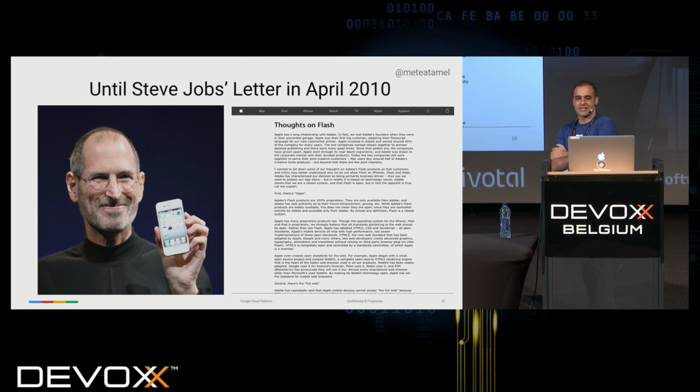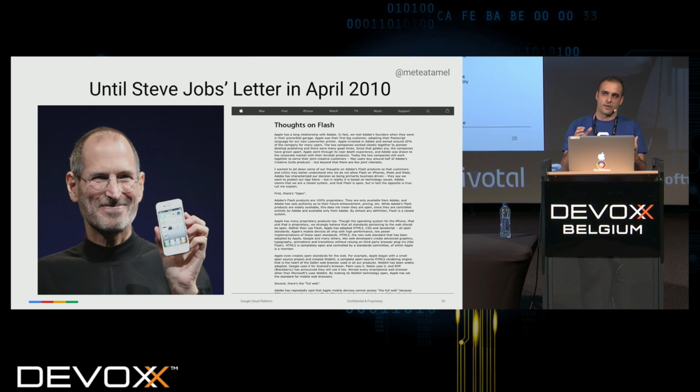I don't know if you remember, but in 2010, Steve Jobs came up with a public letter, and it's still on the web, and you can read it. The title was "Thoughts on Flash." Basically, he wrote a letter explaining why Flash wouldn't be on iPhones ever. He had some good reasons, because the performance of Flash on mobile wasn't great. Some of his points were kind of exaggerated, but either way, the big point was that Flash would never be on iPhones,